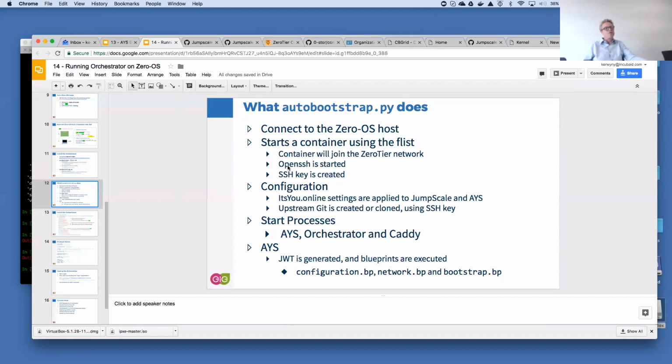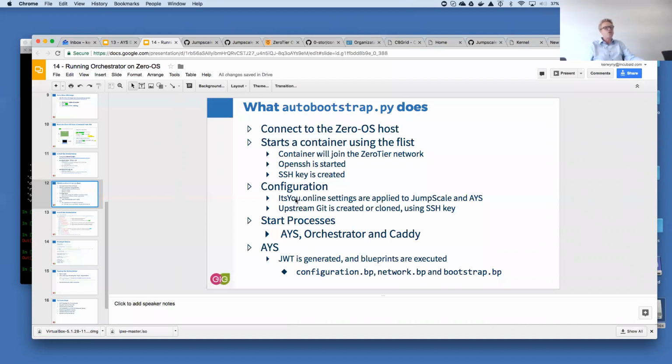But the container, in this case, is a special container running the orchestrator. There we need SSH access as part of the installation, because parts of the installation will be done through SSH. An SSH key will be created, public and private side, which is needed later on.